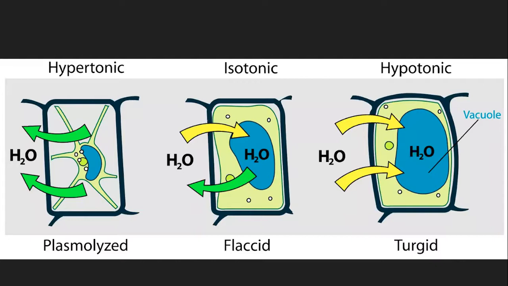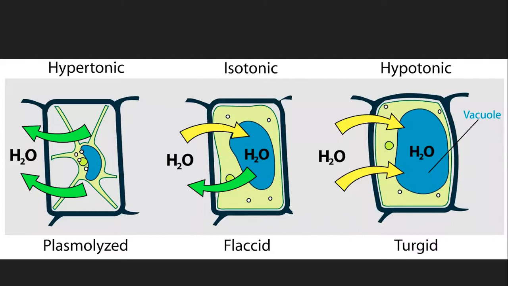If the cell is kept in a hypotonic solution, inside the cell there will be a hypertonic situation, that is, the concentration of solute is higher inside, so the water will start moving, that is, the osmosis process will happen from outside to inside, that is endoosmosis. Water is moving inside, so that is endoosmosis, and the cell will become turgid. I hope this situation is clear to everyone.